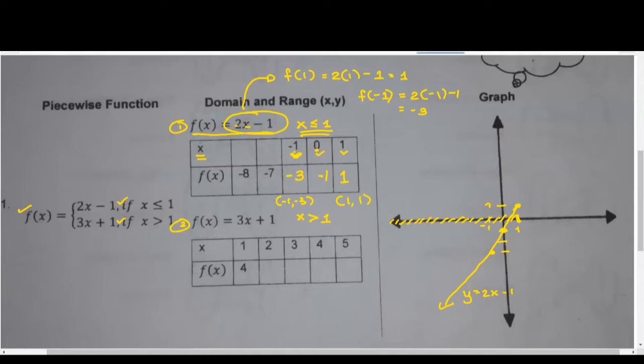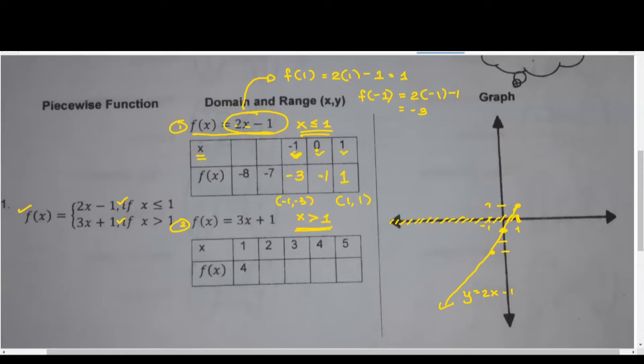Let's now move on to the second function. F of x equals 3x plus 1. Again, we only need 2 points. Saan tayo mag-start mag-substitute? Anong value ng x? Kita nyo to? X is greater than 1. I-consider nyo pa rin yung 1. Kahit walang equal dito sa ilalim, hindi siya x greater than or equal to 1, pwede nyo pa rin